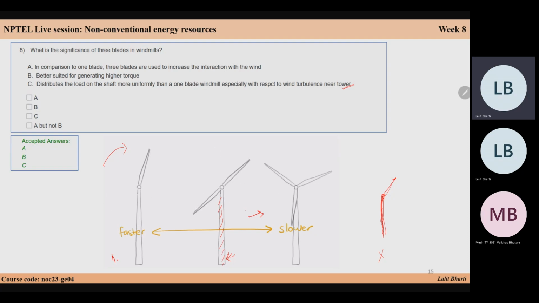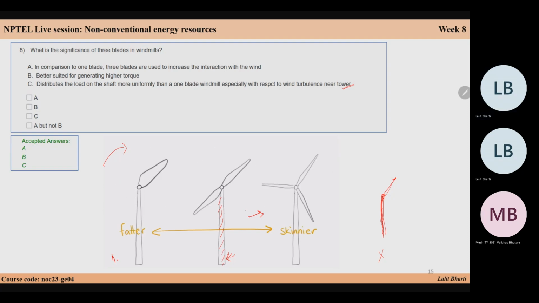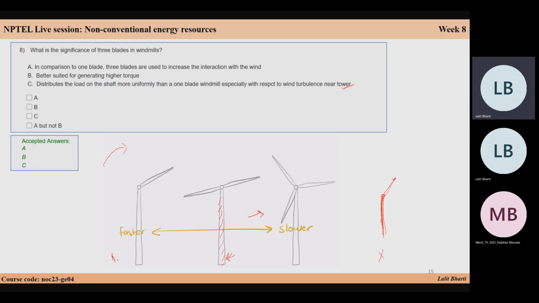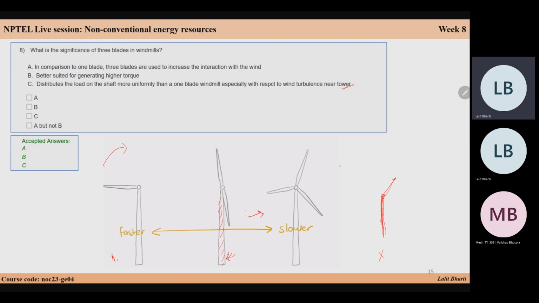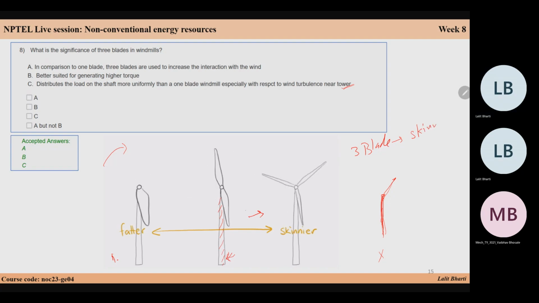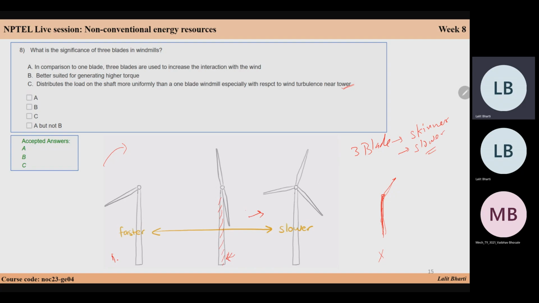So in this picture, in this animation, you can compare that for the same surface area, you will need a much fatter blade for a single blade system. So you can make this three blade system skinnier or slimmer, as well as slower, because having the same sweep area